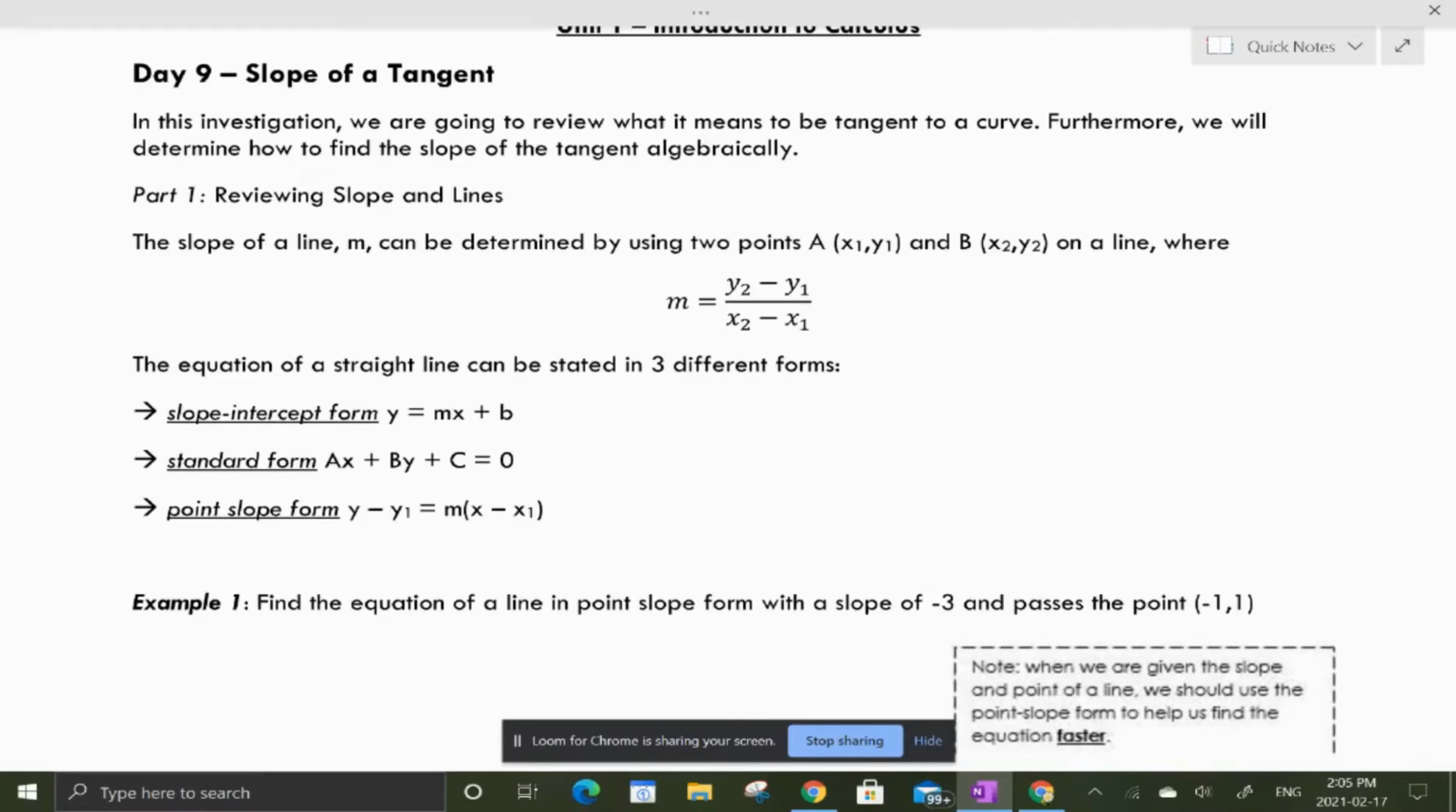Today's class we're going to be talking about the slope of a tangent. More specifically, how to figure out the slope of the tangent algebraically. Now before we begin, I want to start with a review in terms of reviewing slope of lines as well